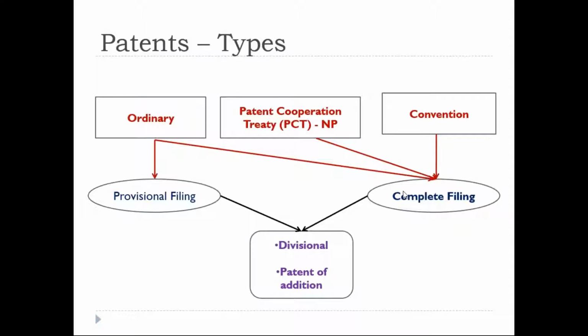I'll try to make it interesting, but please understand the terminologies clearly, because patent is completely a raw theory subject. I'll try to add masalas here and there, but still it is very, very hard. Please understand the terminologies very clearly. If you are not familiar with these terminologies, for sure you need help from patent agents or patent attorneys like me, right? So that's why I'm emphasizing again and again. Convention is the foreign filing. Very simple, right? I'll give an example here.